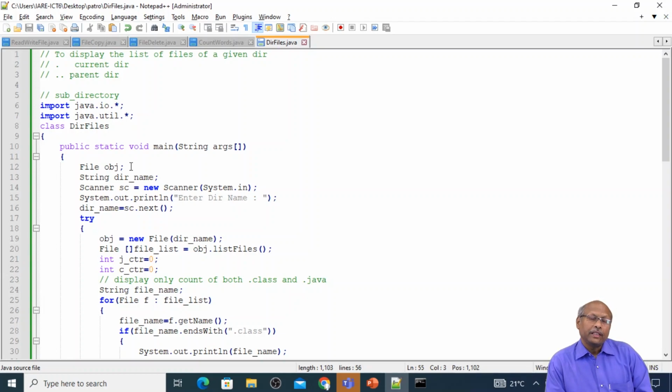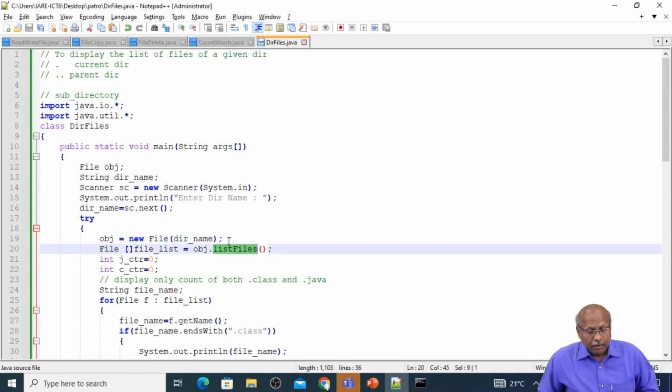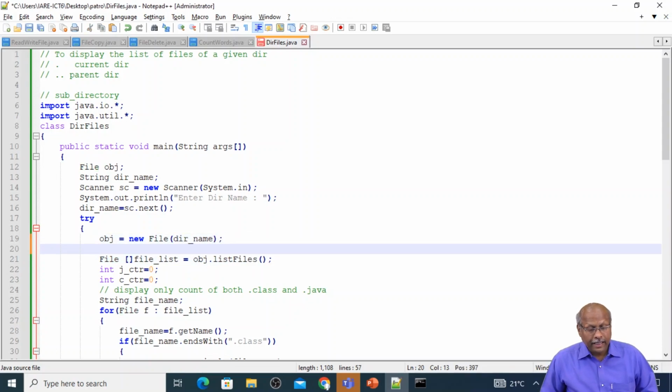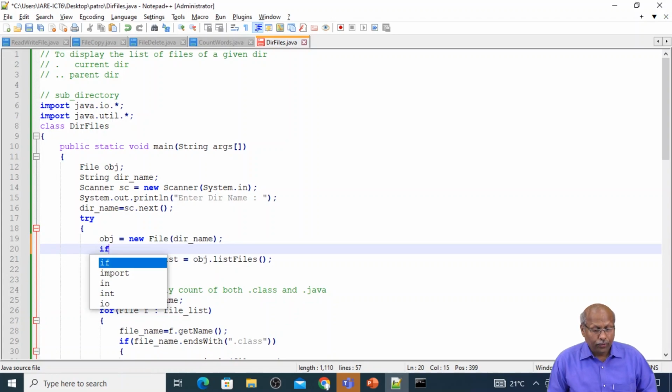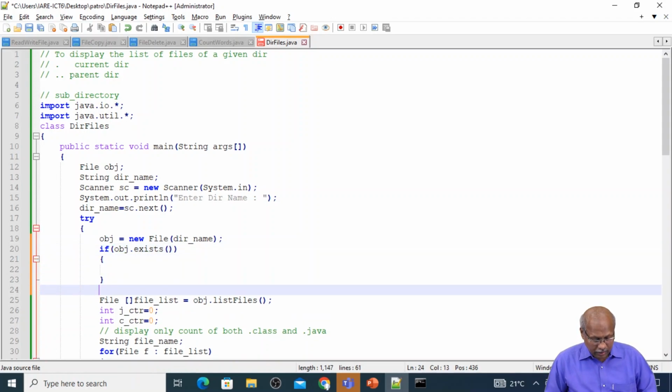So try to utilize the Java tool to know whether the file exists or not. You can do it with the help of this File's methods. Now when I create this file, before that let me check whether it exists or not also. If obj dot exists, this method returns true or false. Else